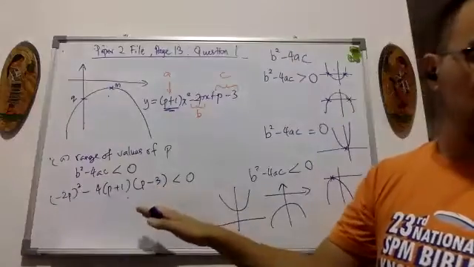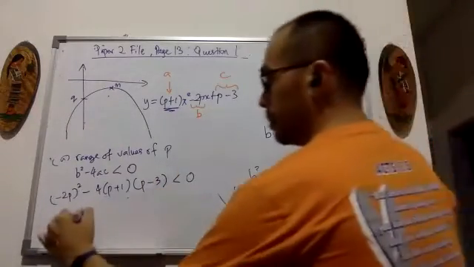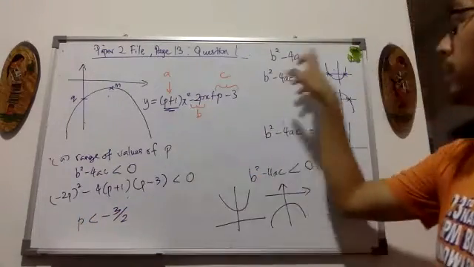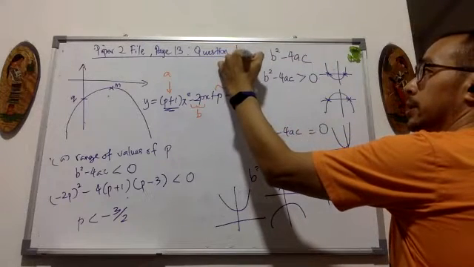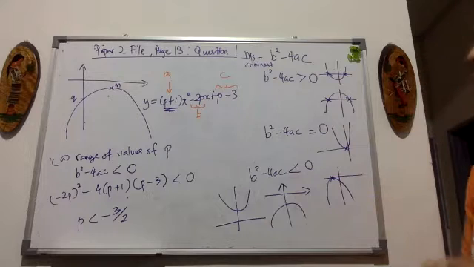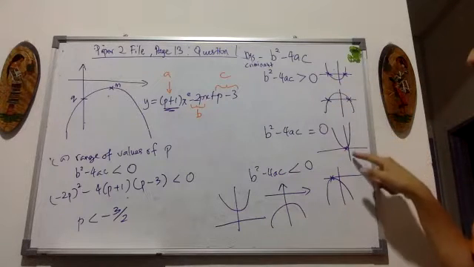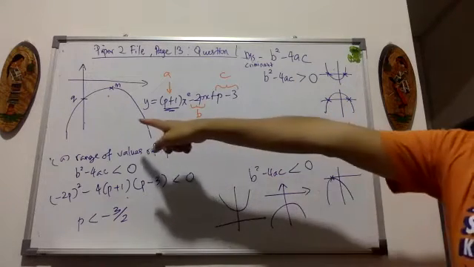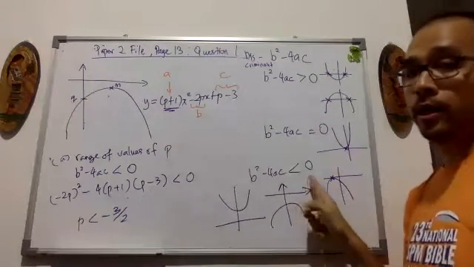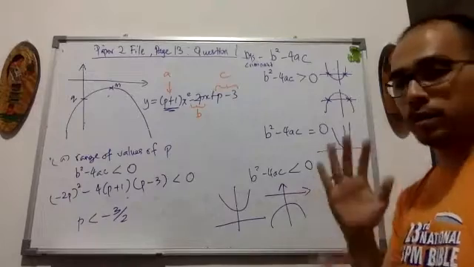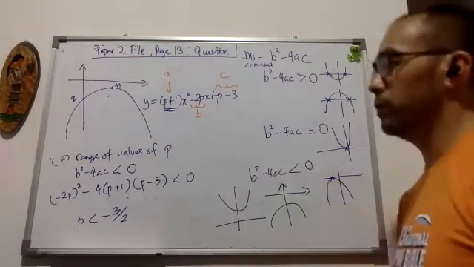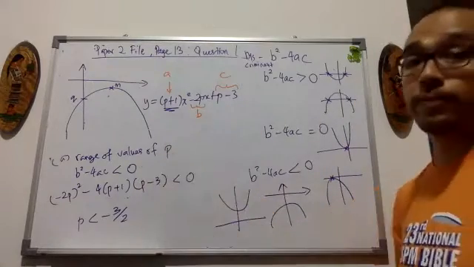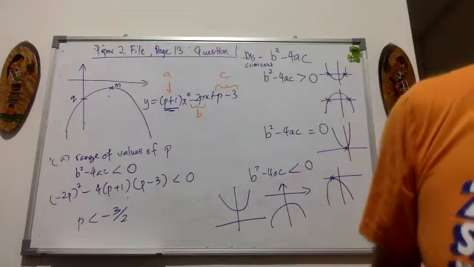You go on and do it, and then you will get p is less than negative 3 over 2. By using the discriminant, we learned this last time. The shape of the graph, or at least how many points it cuts the x-axis, tells us which discriminant condition to use, either more, equal or less. If it is a hanging one like this, then it will be less than 0. Sorry, just now that's the wrong information because I overlooked the P over here because there's more than one P. So we use b squared minus 4ac to answer the first part of the question. Okay, all right. Next one is